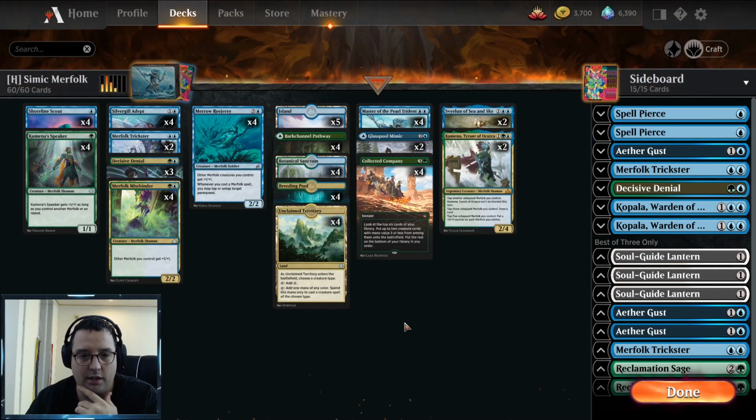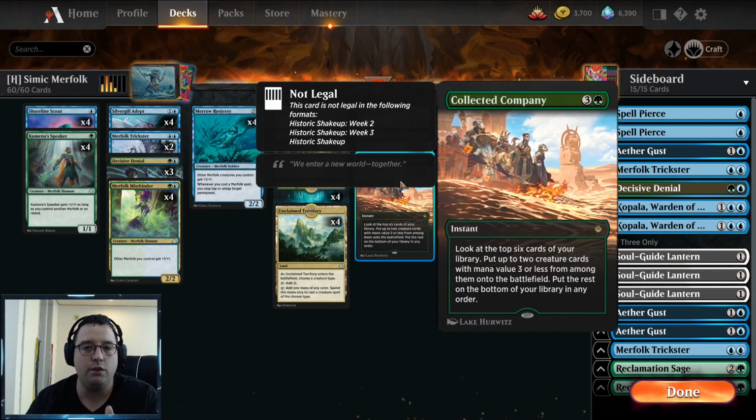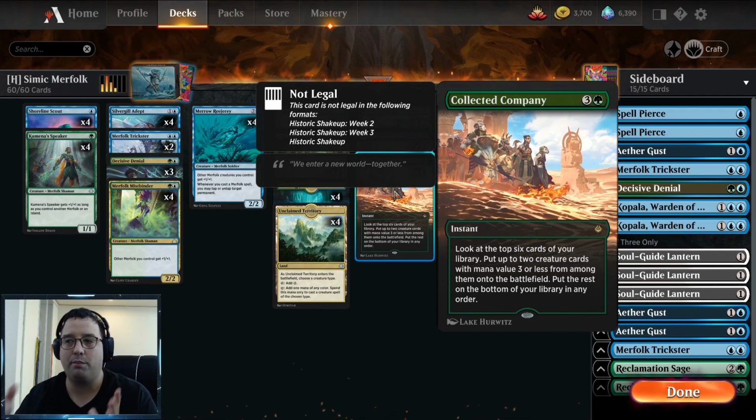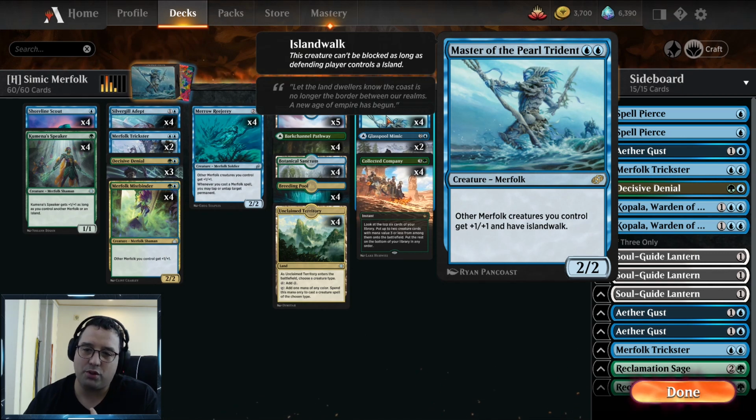Actually, the deck is not that bad. These are all uncommons or commons. Got a couple of mythics over here. Sideboard, we don't know. I'm not going to look at that. And then I would say you need Collected Company, but you know what? Most of you have Collected Company. It's fantastic craft. The Master of the Pearl Trident is a little bit of a harder craft to recommend because